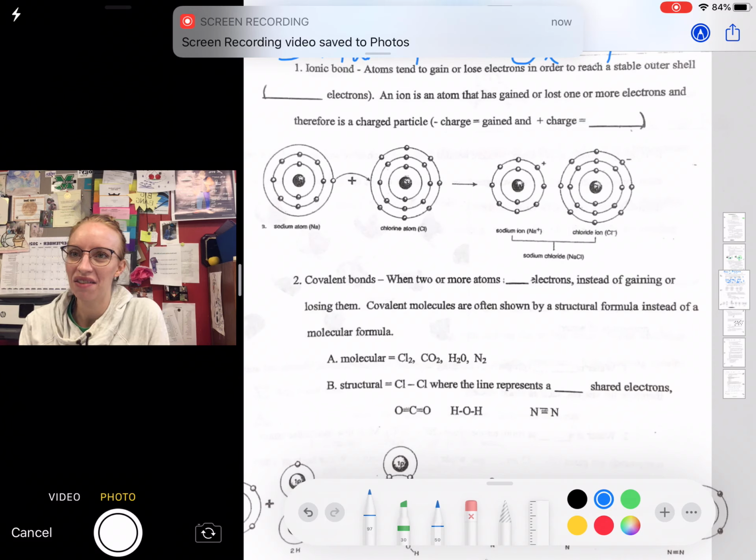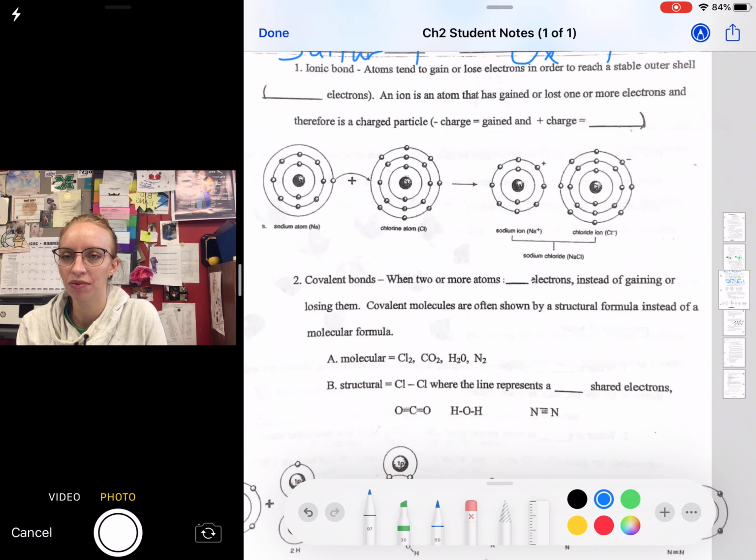All right, next set of notes. Ionic bonds. We're going to talk about bonding. So in an ionic bond, atoms tend to lose or gain electrons in order to reach a stable outer shell. And a stable outer shell is considered either at 2 electrons, as I said with helium, or at 8 electrons